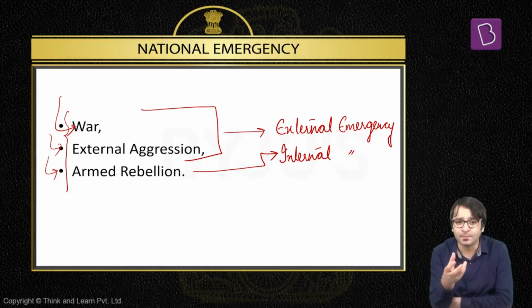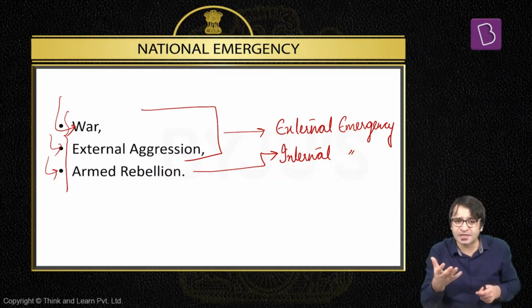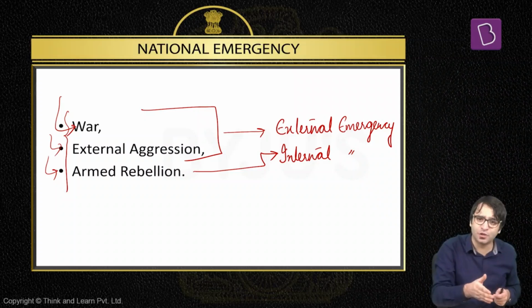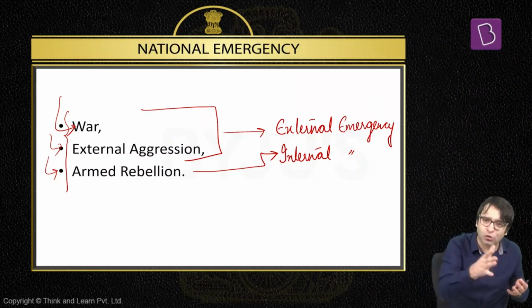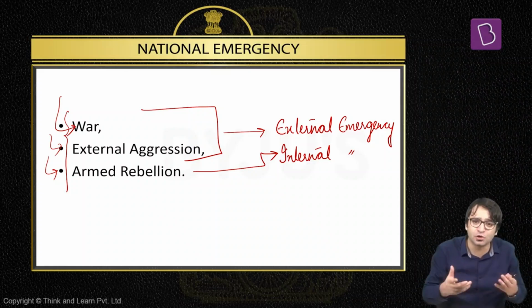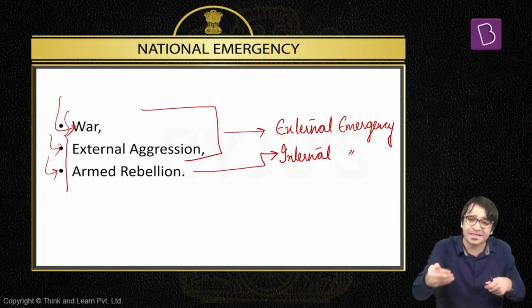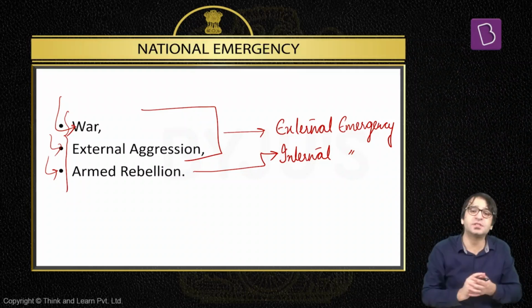That means one ground by which we can know that the security of the nation or the state is under threat is war. And war is always declared by a nation. China declares war on India, India declares war on Pakistan. That's war. Sometimes it's also external aggression. For example, China is pushing troops along the line of actual control. China is saying we have not waged any war, but their troops have infiltrated across the line of actual control. Pakistani troops or terrorists have infiltrated along the line of control. In that case, they have not declared war, but they have committed aggression on India. And it is this external aggression which is posing imminent danger to the security of the nation. On the ground of external aggression, national emergency can be proclaimed by the President.